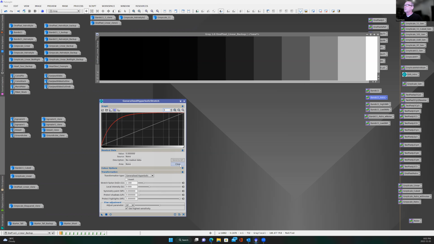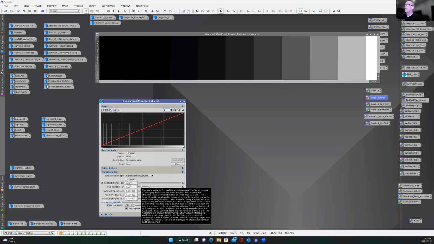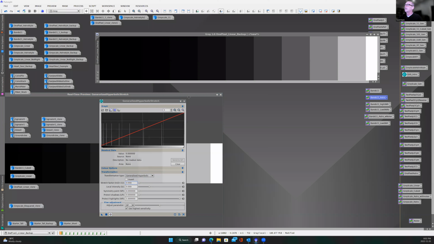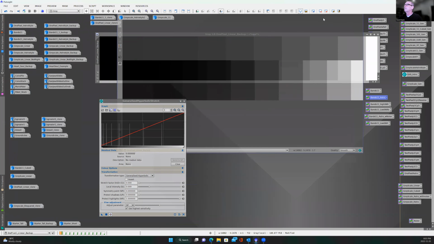And what I want to do is stretch this image. You can see a lot of contrast in the brights and very little contrast down here in the darks. So this is the opposite of what we were doing. Let's hope that this gives us a better view into our astro image. So I'm going to take the preview